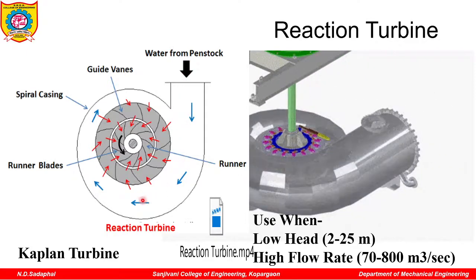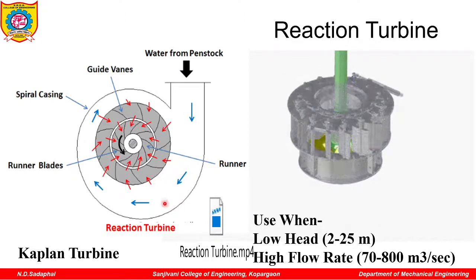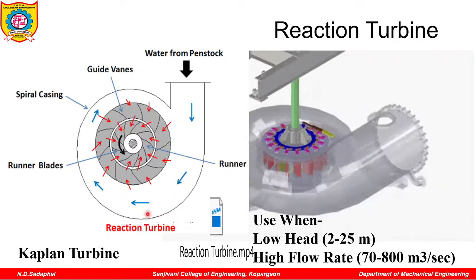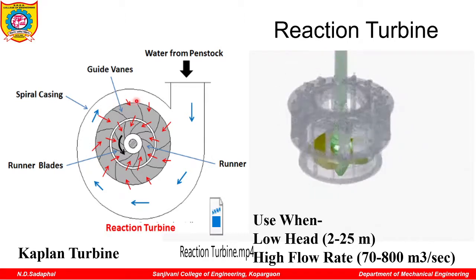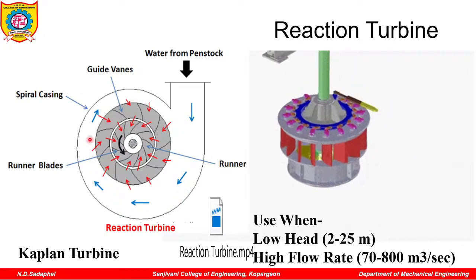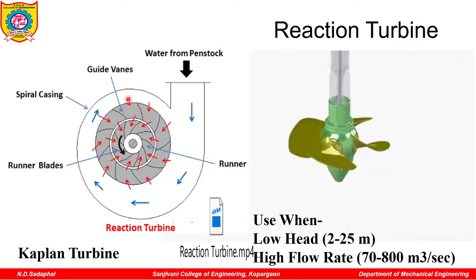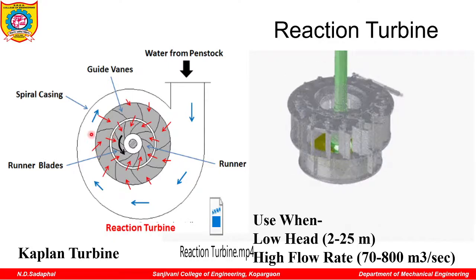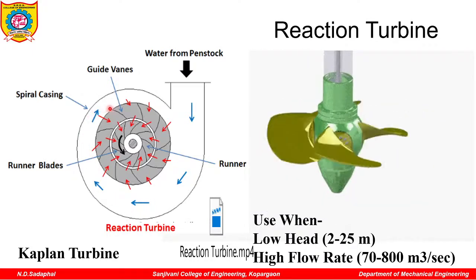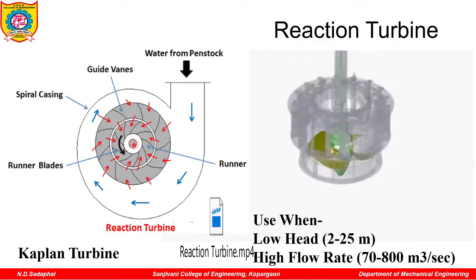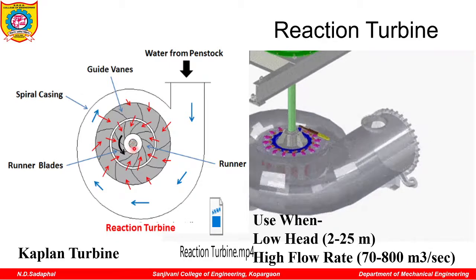Now here you can see this area from blade to circumference of the casing. This is the casing. This area is more here. You can see this area is decreasing, and here the area is very less. So this is a decreasing cross sectional area. Due to this decrease in cross sectional area, the pressure decreases and velocity increases. So water will move like this arrow portion, and it will enter into the guide vane blades, and due to the rotation of blades, water will exit from this central portion.